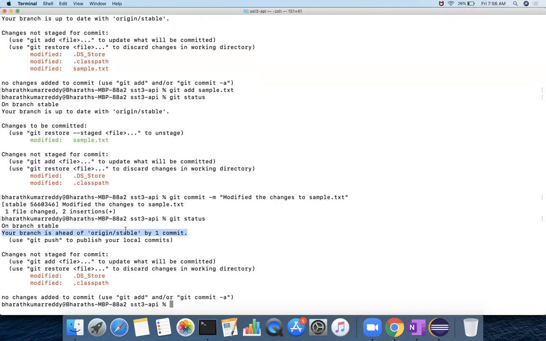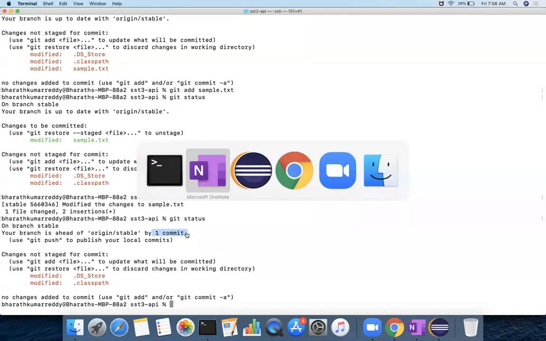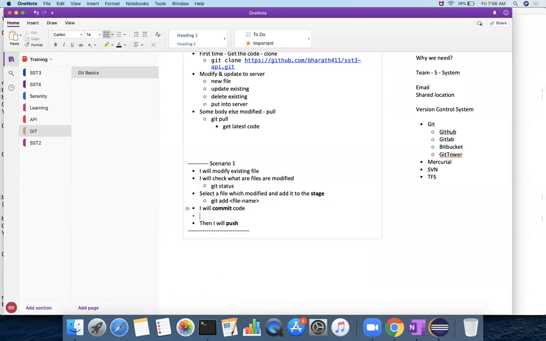Here stable is a branch name that I have created. You have done 1 commit, so the commit has happened. What is the command you have to use? Git commit space hyphen m and then the message. So this you have to do.